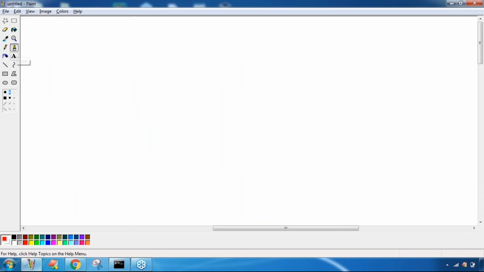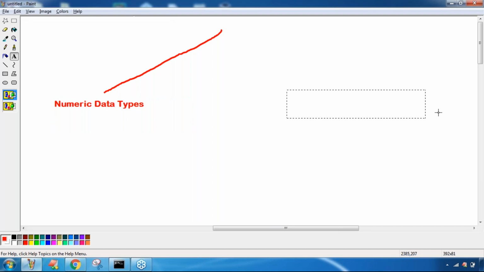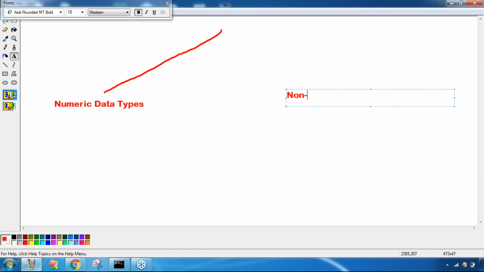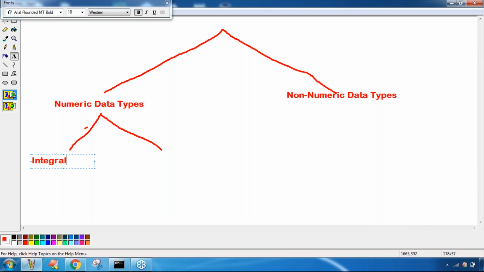The first thing, numeric data types. Just be aware of the basic terminology. Sir, from here you can expect at least 2 questions. So observe that for any certification these things are required. Non-numeric data types. So the first one is number data types, the second one is non-numeric. Number data types again have 2 categories. The first one is integral data types. Integral means whole numbers without a point. The second one is floating point data types.